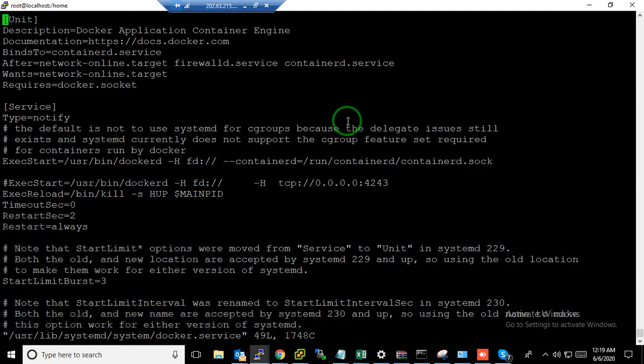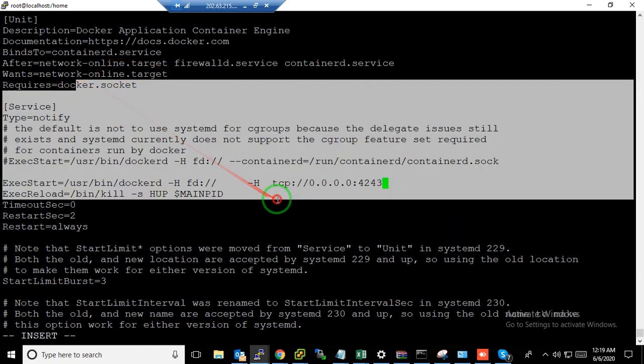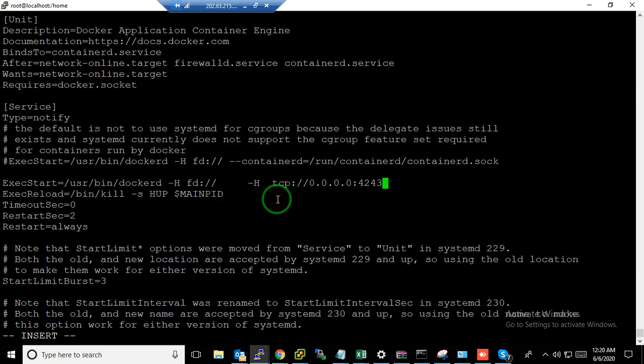I have already prepared it, so you can comment out this line and add this one. It will add TCP, creating network connectivity on this port for any incoming IP to my Docker service.